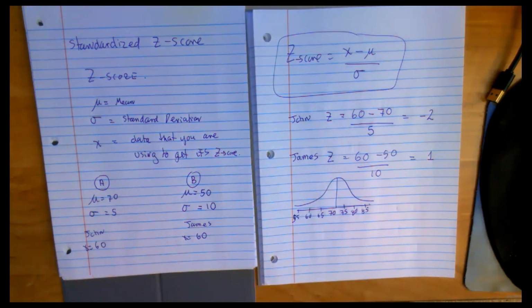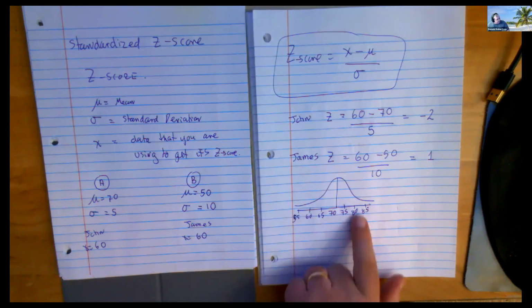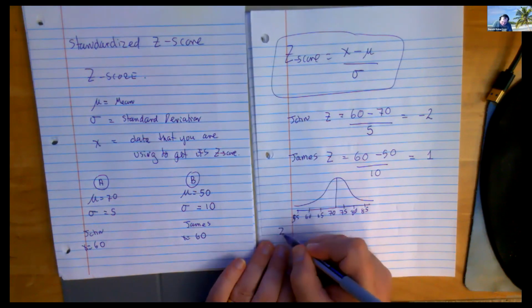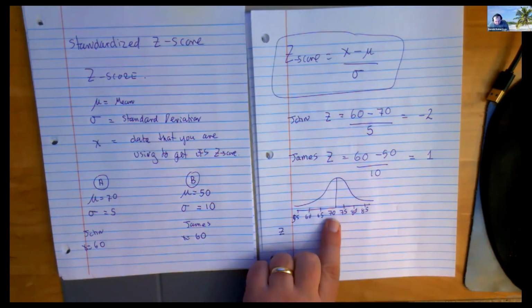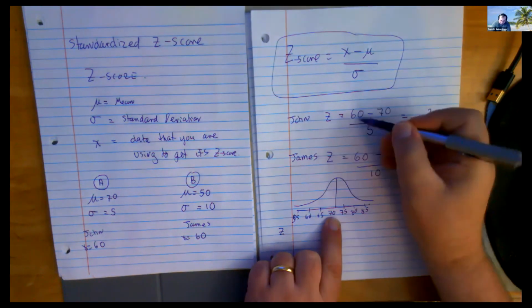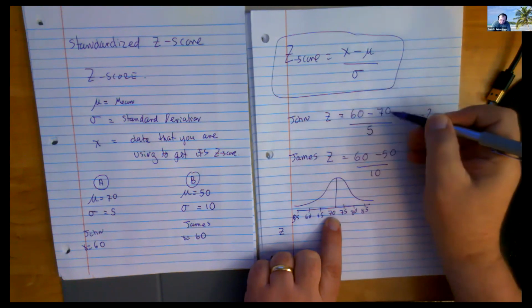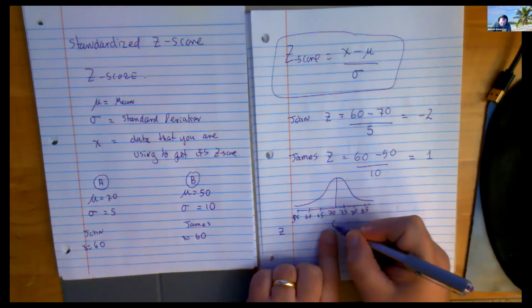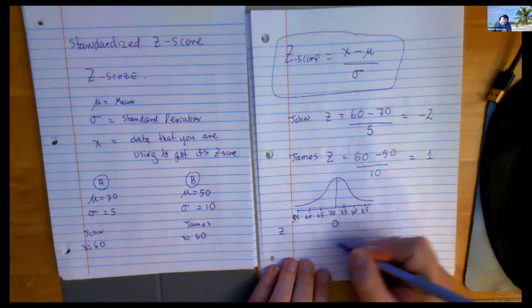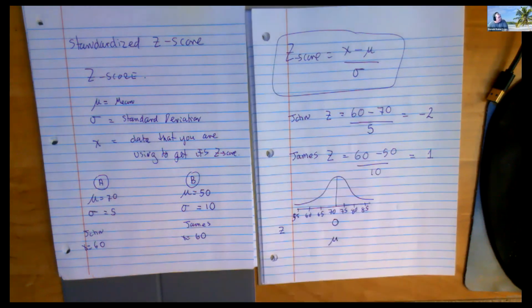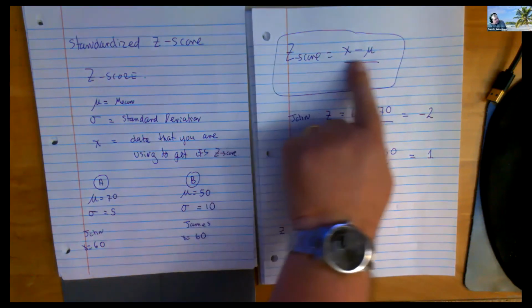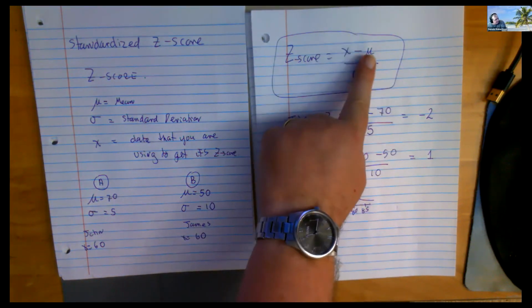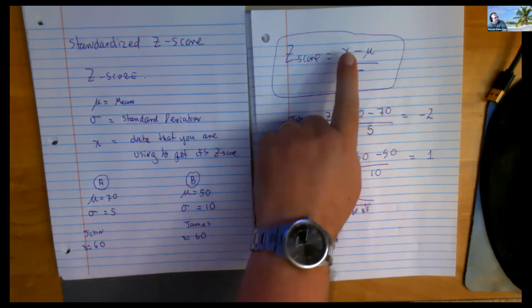Now, if you take all of these and you find their z-scores, right? Do you know if James had actually got, say, that score, 70? Wouldn't his z-score be 70 take away 70, divide by 5? That ends up being a z-score of 0. In fact, do you know the z-score of the mean will always be 0? Can you see that the way you calculate it, if x is the same number as the mean, won't the top be 0? So the z-score is 0.